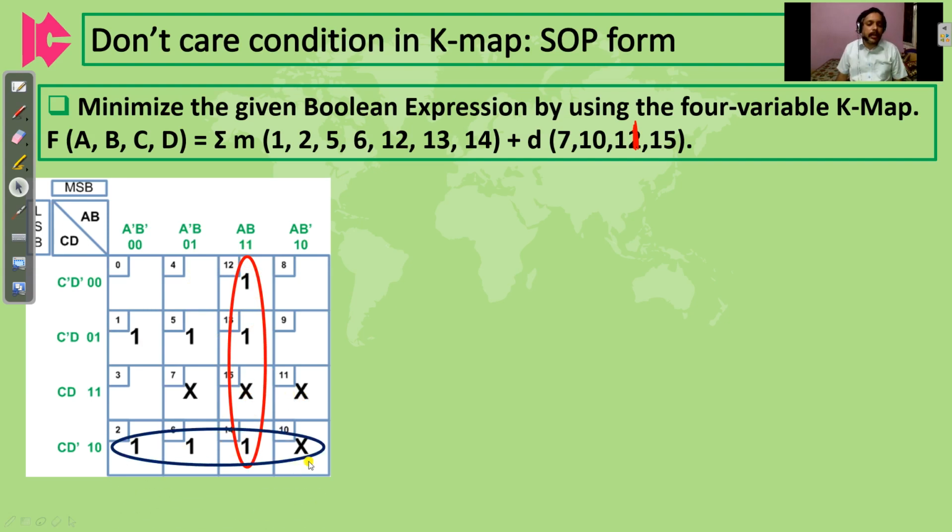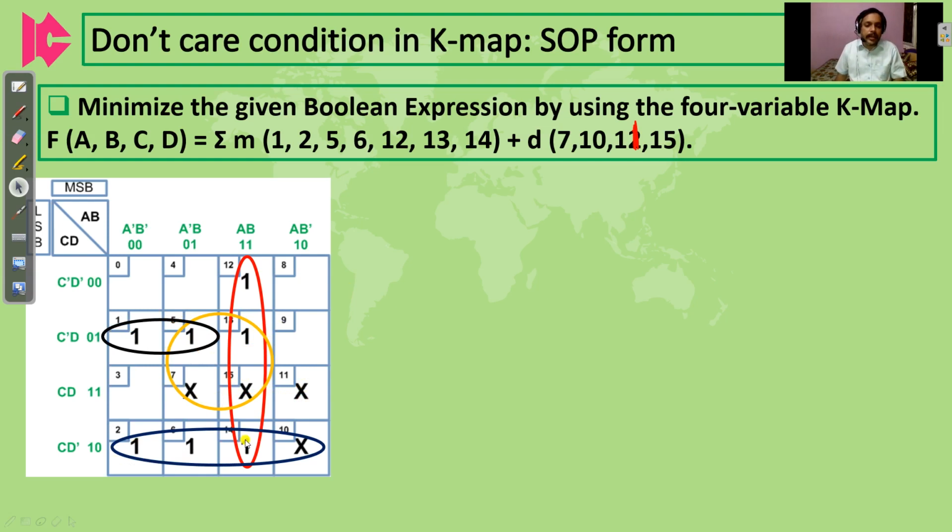For the second one, I can combine this group of 4 together. For the third one, I can combine this group of 4 together. But this one cannot be combined with any cross, but this can be combined with this one, so I can encircle with this. So how many terms are there? 4 terms are there. So this don't care is neglected. You can consider the don't care as a 0. If the don't care is helping you in the grouping, then only include it. But you cannot make a group of don't cares together. Okay, so this is included.